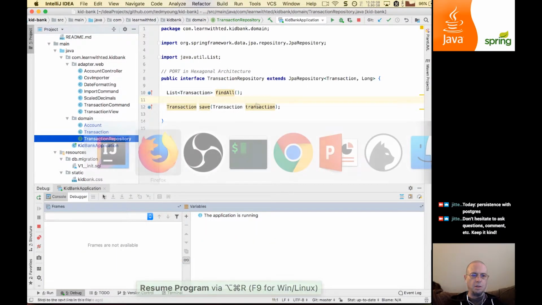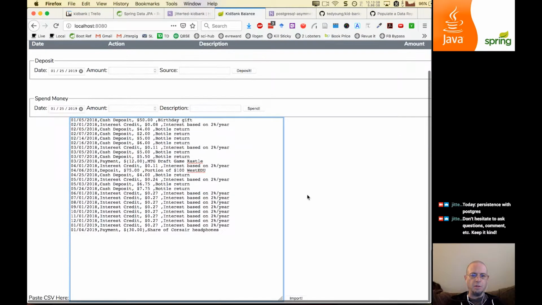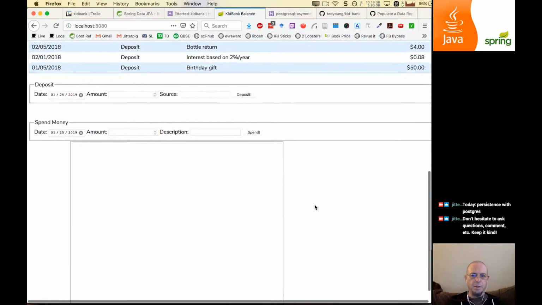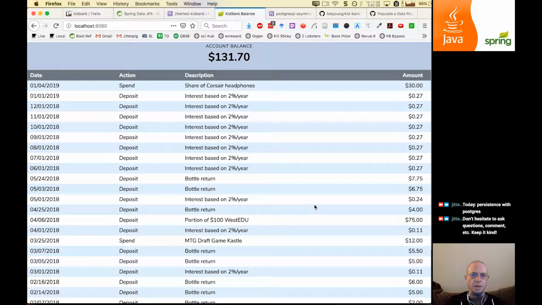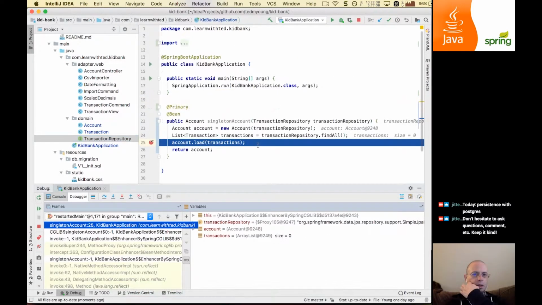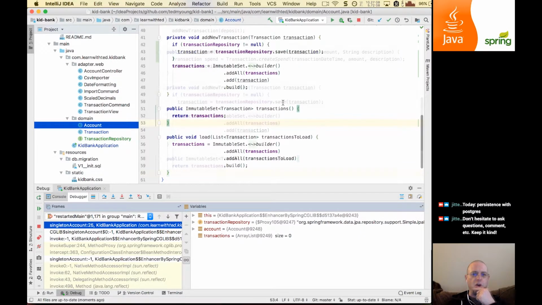Let's go ahead and load in a bunch of transactions, basically the entire set that I've gotten from the spreadsheet. So that's all there. And let's restart the application. That's interesting, it's not finding them. Are we not saving? That's a good question. So in account, if the transaction repository is not null, we do save it. Oh, but right. So what happened